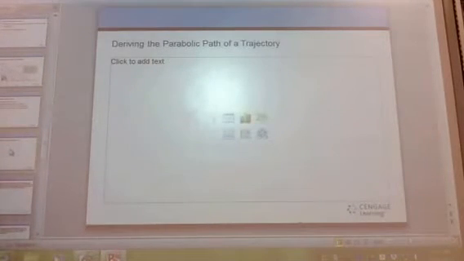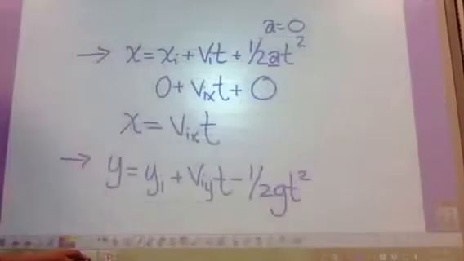Okay, so we know, or we assume, and we also see every day, that when I have an object in projectile motion, it follows a parabola. It has some type of parabolic path to it. Now, a parabola,